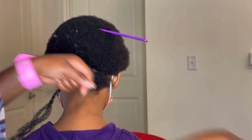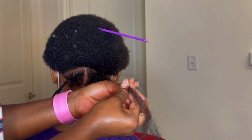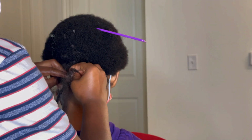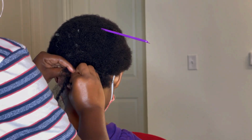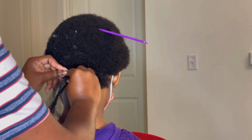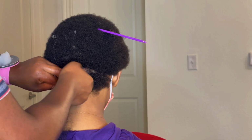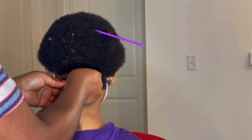Guys, please pay attention to the hair that I'm using to braid my clients' hair, because sometimes people can use just one strand of the Marley hair, but you don't want to do that. You want to take one strand, divide it into two, and then the other half you want to divide into 3 or 4, so that your client's foundation can be as light as possible. So I'm going to do this for the rest of my clients here,